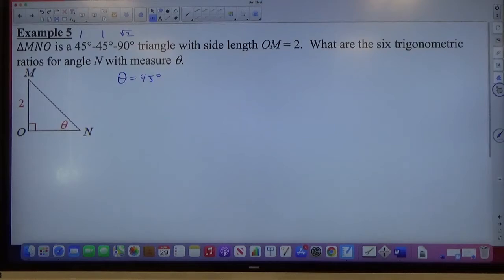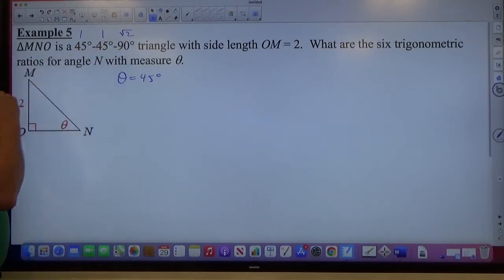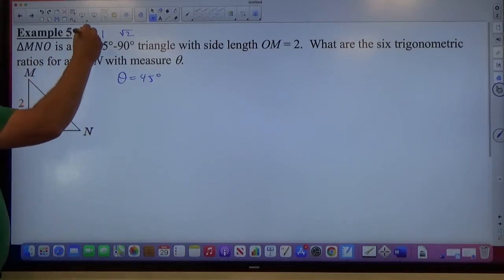You may or may not recall that. If you don't, you need to get that in your brain. All right, that is just pretty straightforward. It's always the same. That's just a relationship that's always there. Now, the 1s are associated with the 45 degree angles. The square root of 2 is related to the 90 degree angle. Anytime you deal with ratios,